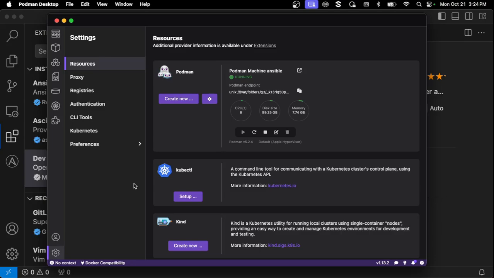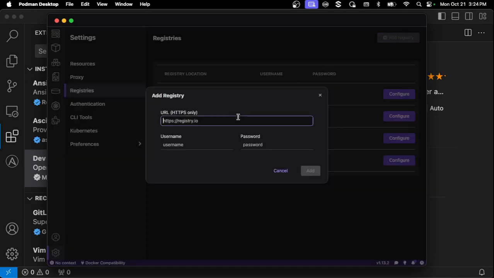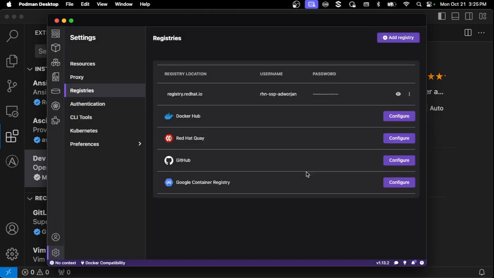Because I have to pull from registry.redhat.io, I also want to set up that registry, so it's not one of the default ones. So I can just go into Add Registry and do https://registry.redhat.io and put in my username. So this is my Red Hat username and password that has access to pull from registry.redhat.io. And if I click Add, then when I actually open up that dev container, it'll be able to pull successfully